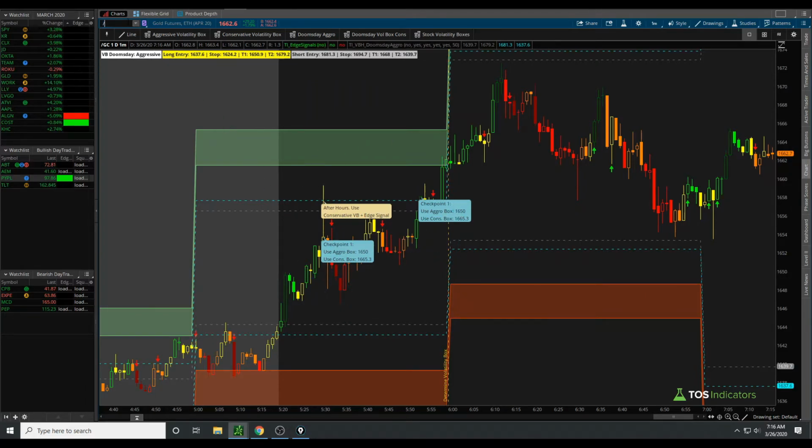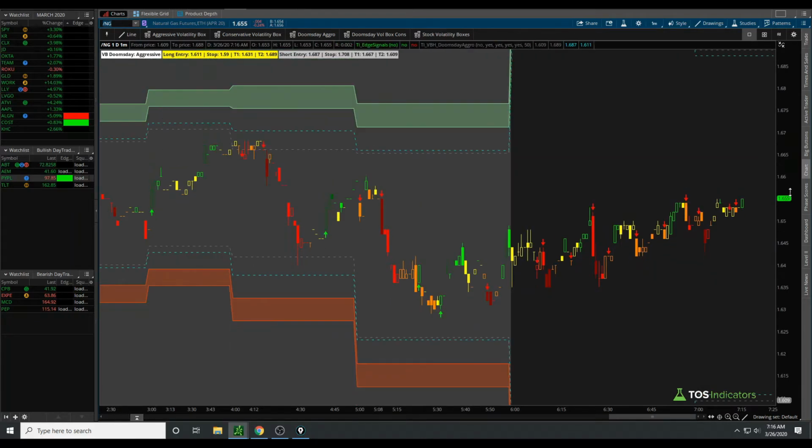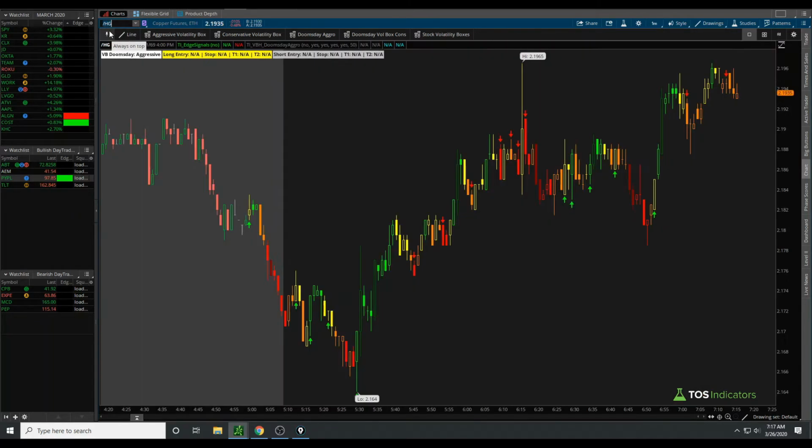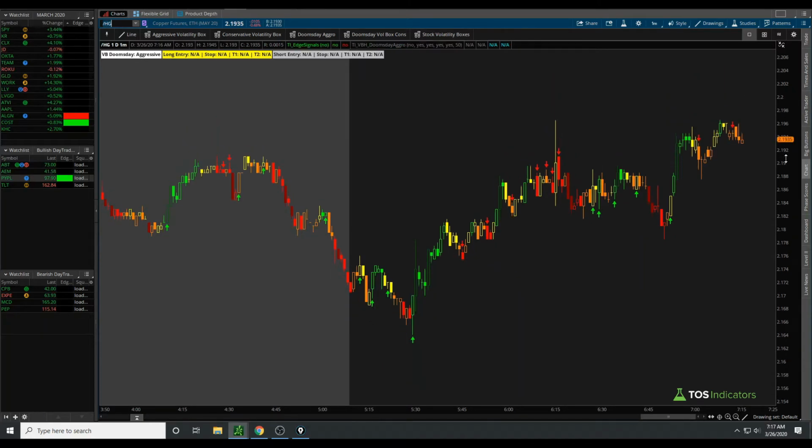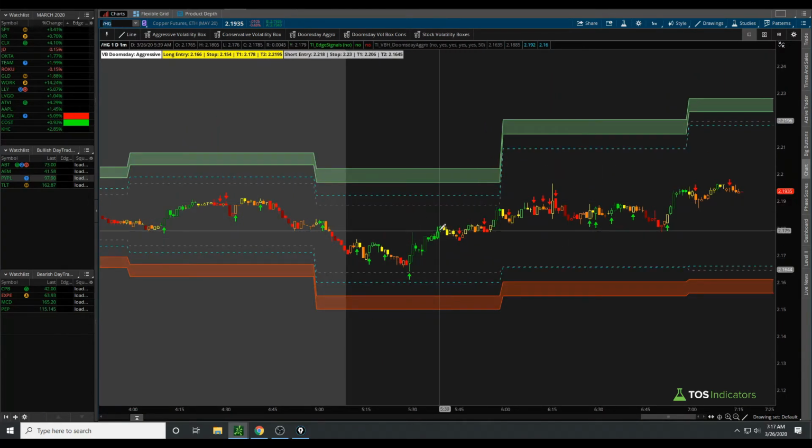And then finally, let's move on to natural gas. And in the case of NG, same thing. And then copper, I believe, is the last one that we have, which same sort of scenario, right? So just like this, we already know that the Dow, along with gold, are more volatile markets. You're more likely to get an entry there, but we have switched on over to our conservative box, at least on the Dow.